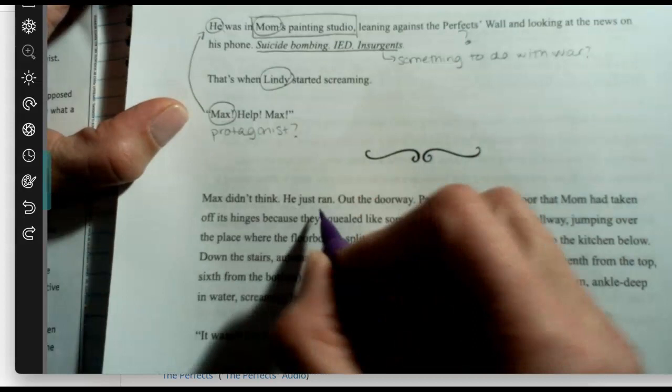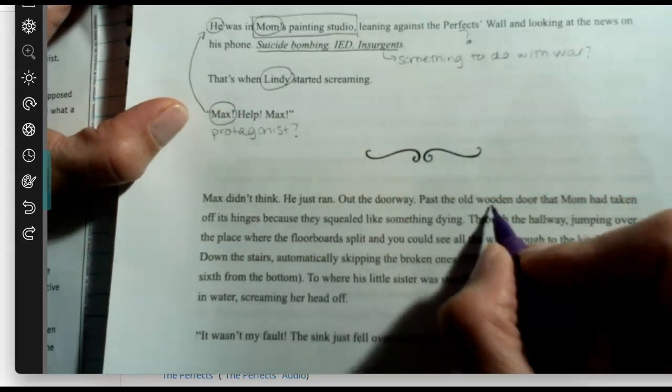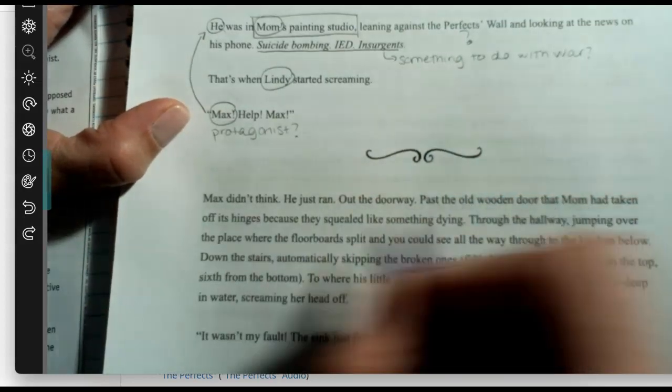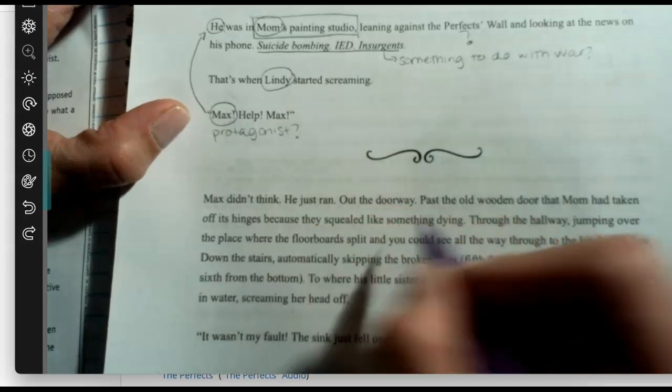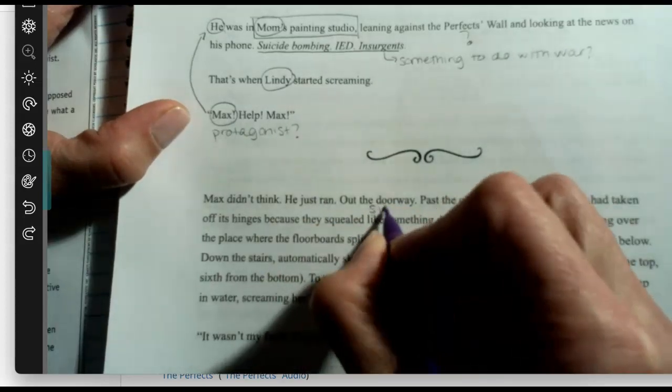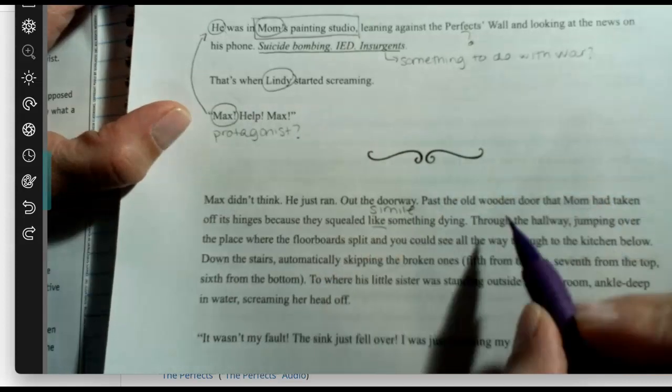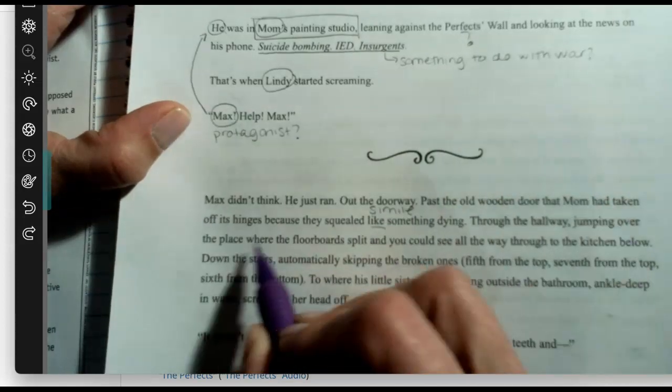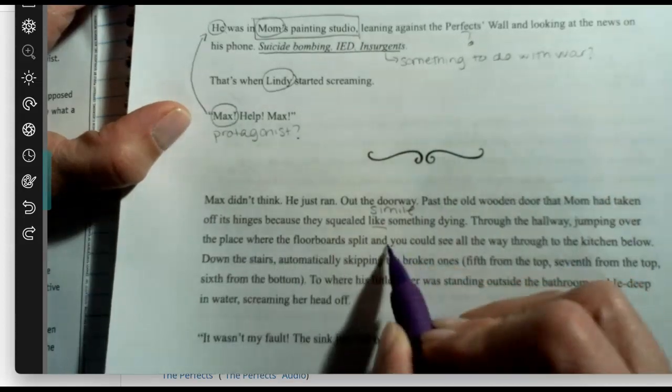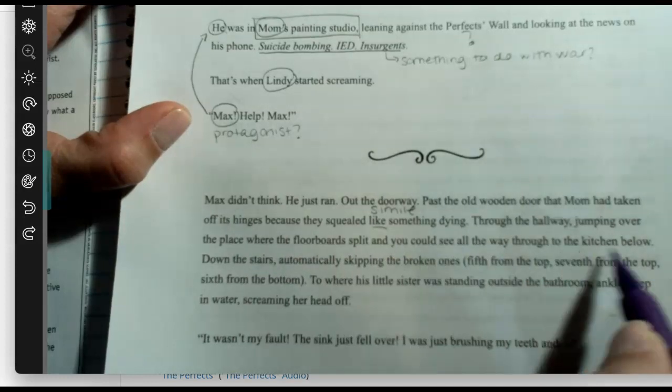Max didn't think. He just ran out the doorway, past the old wooden door that Mom had taken off its hinges because they squealed like something dying. That's a simile. Through the hallway, jumping over the place where the floorboards split, and you could see all the way through the kitchen